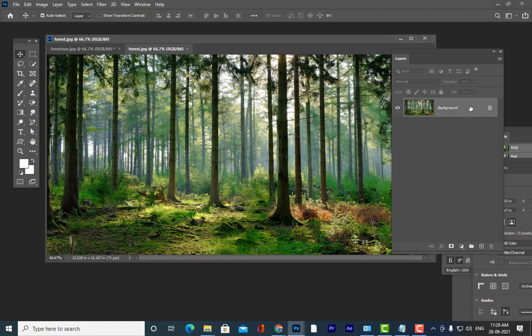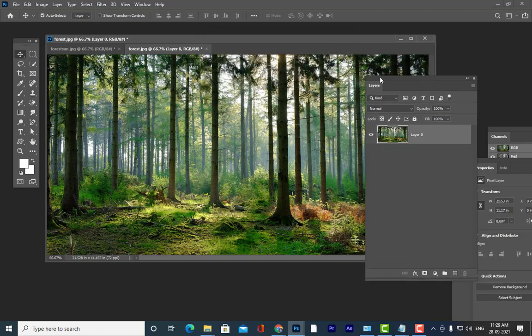For this there is another way. Even though this way is not so interesting compared to the previous option, you can still use it for creating rays to a certain extent. It may not be too realistic, but you can still use this technique. So what is the technique?